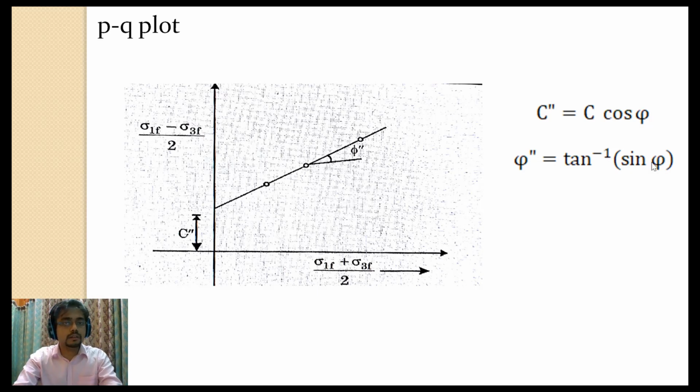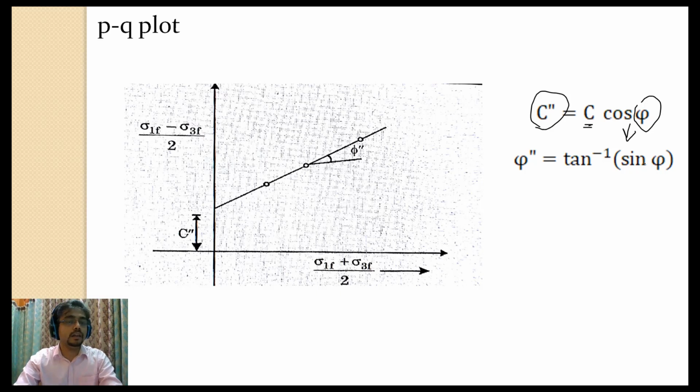Now the intercept on the y-axis is c double dash. This is also not the value of the equation. So from the c double dash value we can find out the c value again. So c double dash is known, and from this c double dash value we can find out the value of c, as the phi value is known from this equation. So we can say both c value and phi value can be determined from this p and q plot